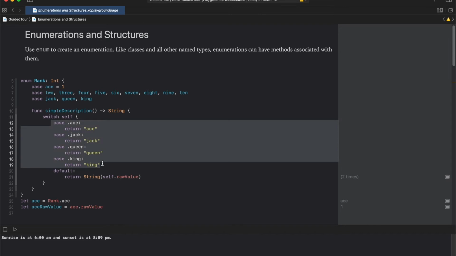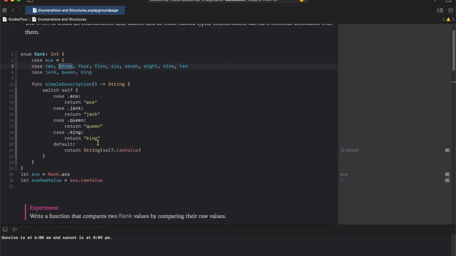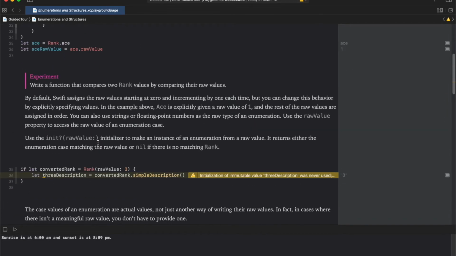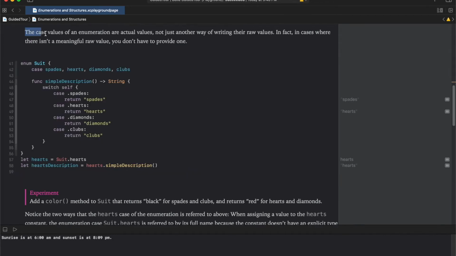None of the above cases is a match, and the default section will be executed, which simply returns the raw value of the current enumeration instance. The raw value of 3 is numeric 3, and we can see that on the right hand side a numeric value 3 is printed.